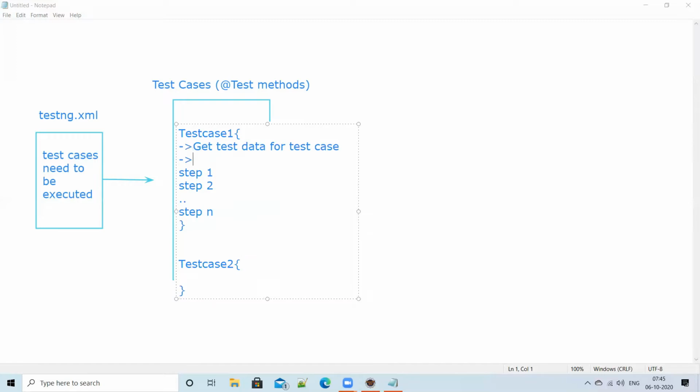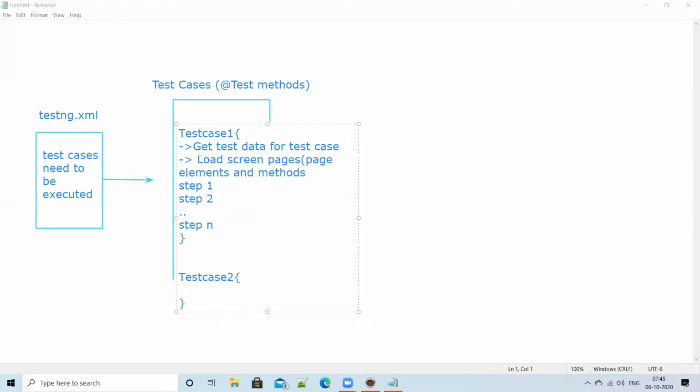Next step, what is happening? Load screen pages, nothing but page elements and methods. Page elements and methods. And then next what?